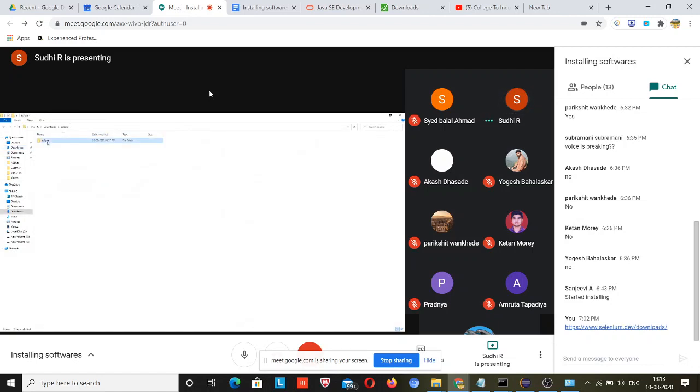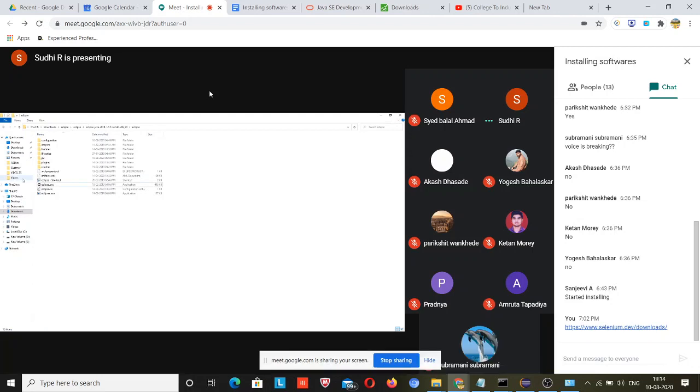Just open it. Again I have to install? No, no, the application will be launched. You don't need to install. How can I launch this Eclipse? Double click on it, that file will be executed.